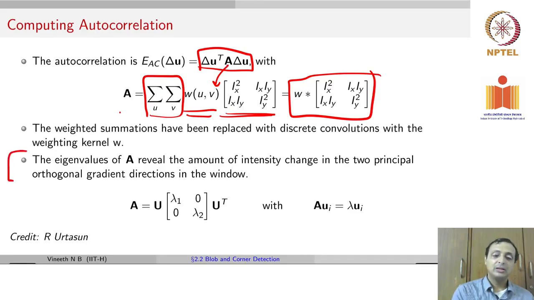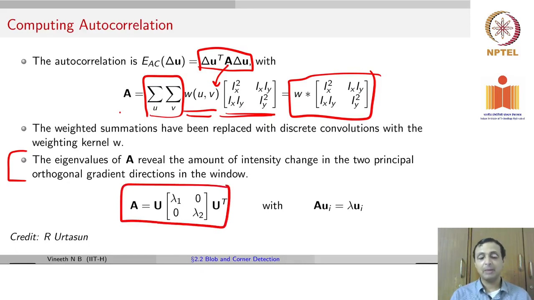So this matrix A, so delta U is simply the change that you imposed in the patch location, right? That's what you imposed. A is what is giving you how the gradients changed between those two patches, and a W weighting factor that tells you how much you should weight the central part of that patch versus the peripheral parts. So since A is what defines the intensity change, we're going to consider an eigen decomposition of A, which is given by U